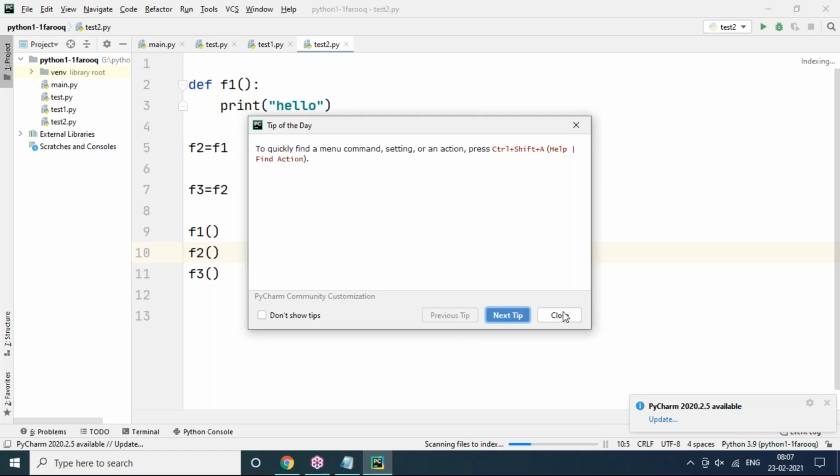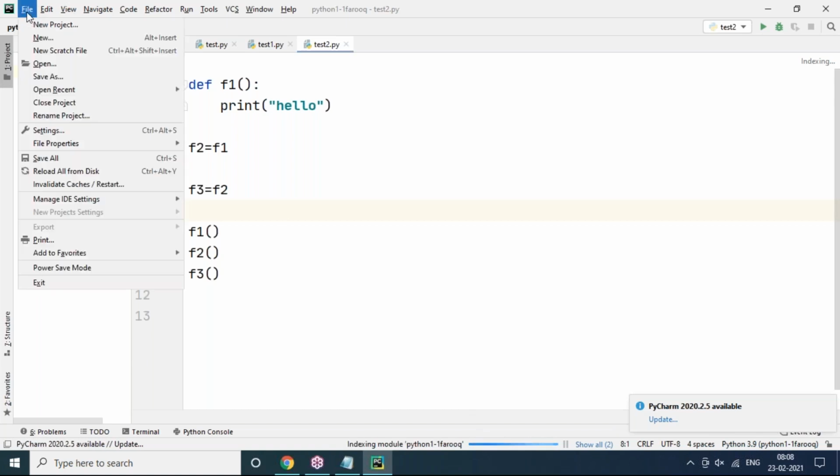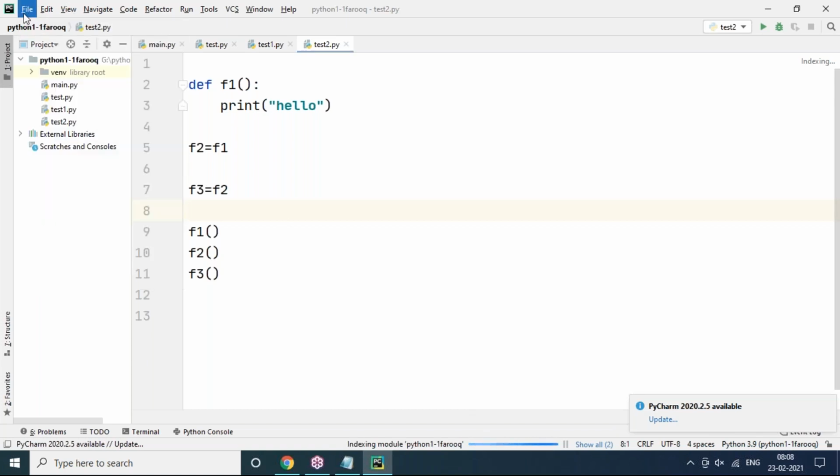So by default, this is the outlook of the PyCharm editor. Here I need to show you how to create a new project. First step is new project creation, and it is simple. Go to the file menu. Let's click on the file menu here. Just wait, it is going to show you. Yeah, scanning of indexes. It's okay. Now you can see I just clicked on the file menu.